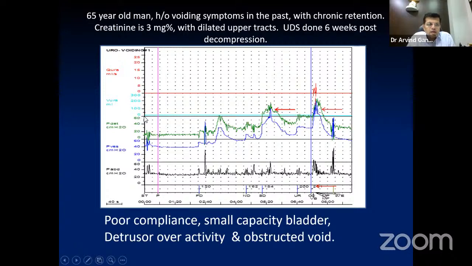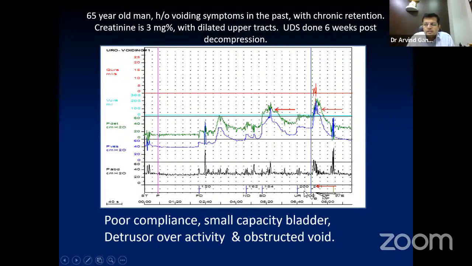If you see at cystometric capacity over here, the detrusor pressure even in filling phase is exceeding 100. So typically this is a case of poor compliance because the pressures are significantly going up at cystometric capacity. This is very important because this is one indication of upper tract obstruction. And that is very indicative from the clinical presentation of the patient, that the patient has presented with a creatinine of 3, upper tract dilatation. And this is the reason for that, the bladder has become poorly compliant.